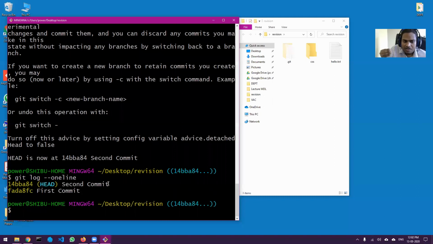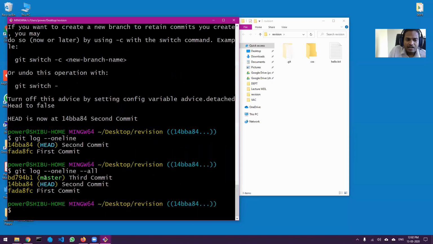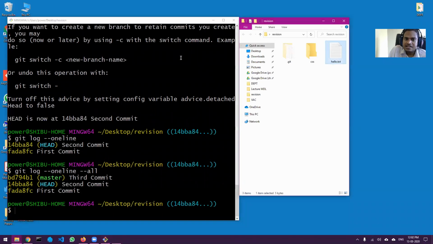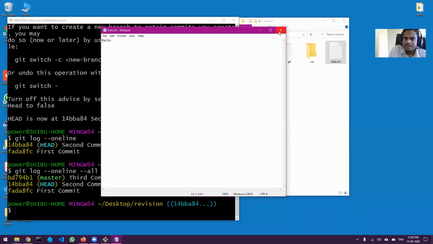Because your git log will always show you from the beginning to the place where your head currently is. The head is at the second commit, so it will not go beyond that. To show everything you can always add --all. Now you can see the third commit also, and right now your head is at the second commit, so all the files inside will be of the second commit.